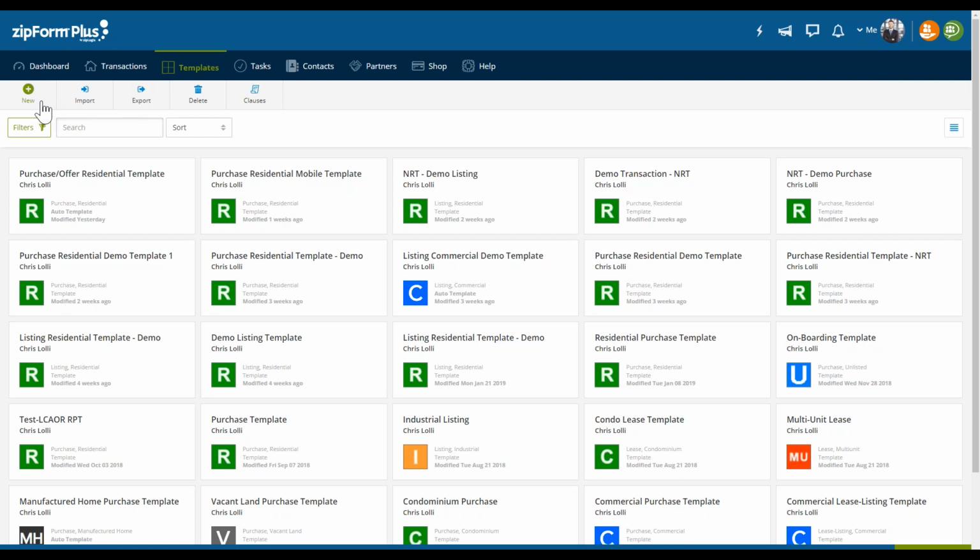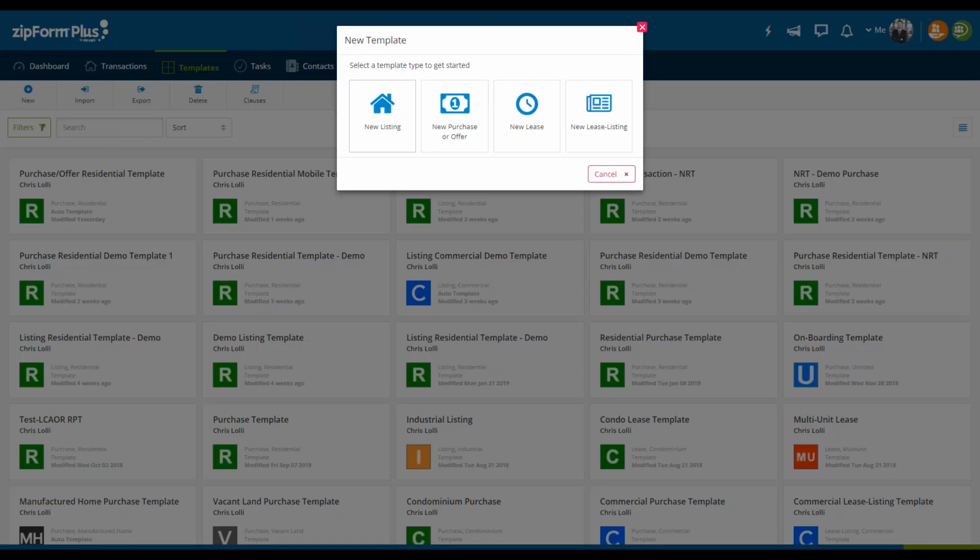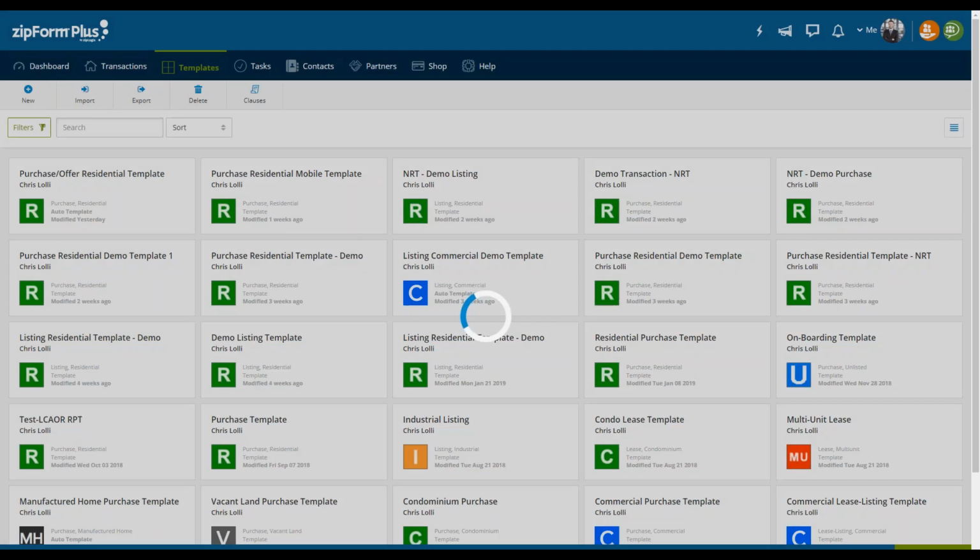So if I click on New, you're presented with a couple questions. The first one is listing, purchase, lease, or lease listing. And this falls underneath question number 1, which is what kind of template or transaction type you're creating. So this is identical to what you would see if you create a transaction. Okay, so you're going to see echoes of this between transactions and templates. So let's do purchase here, and then when we create it, actually let's just do a listing on this one. We're going to do listing in this particular case.